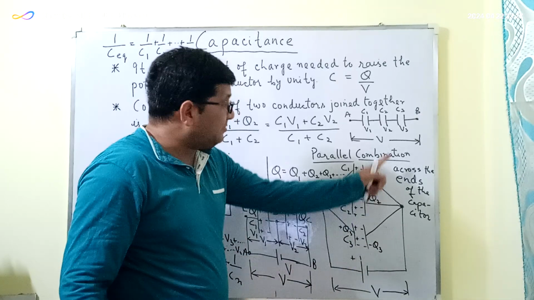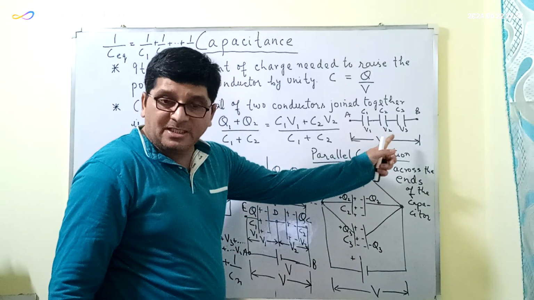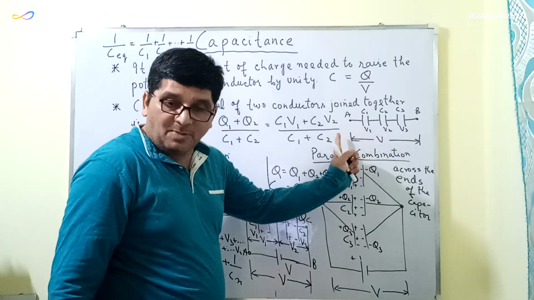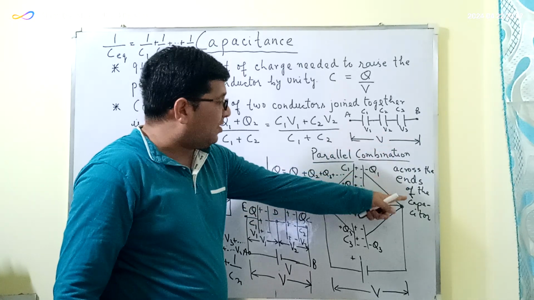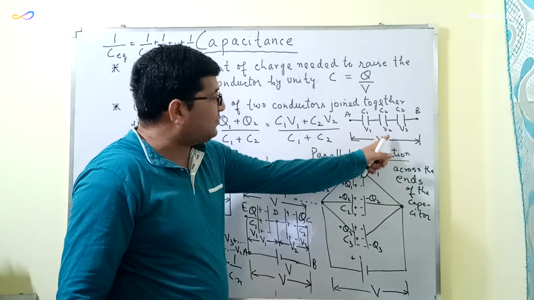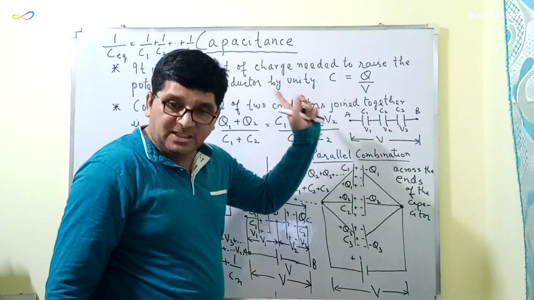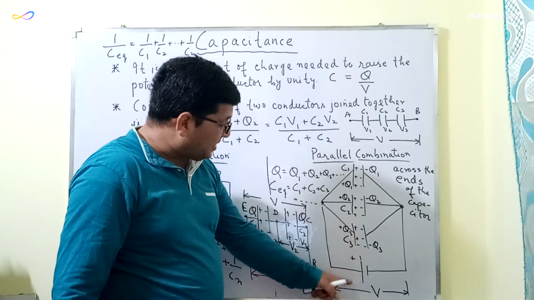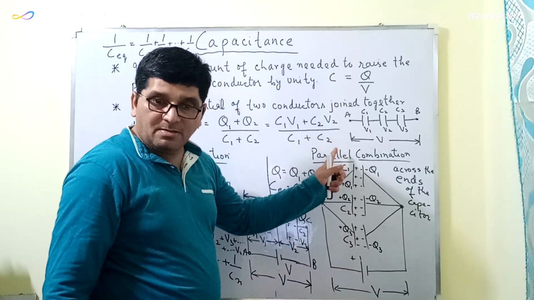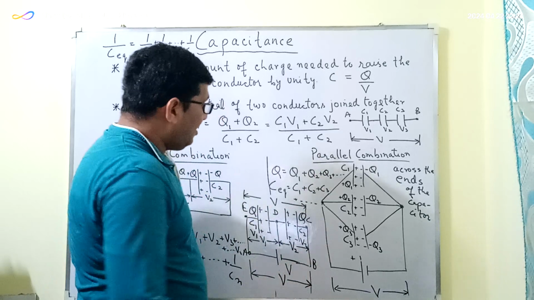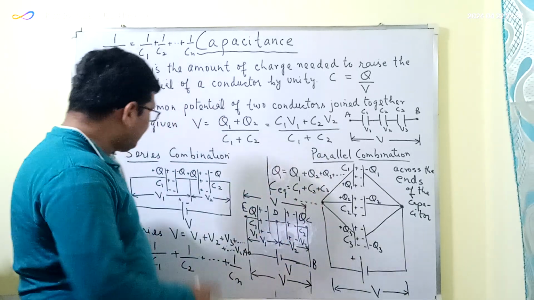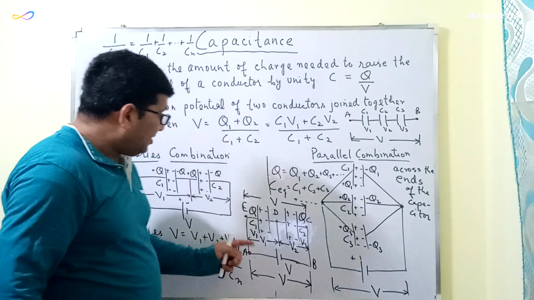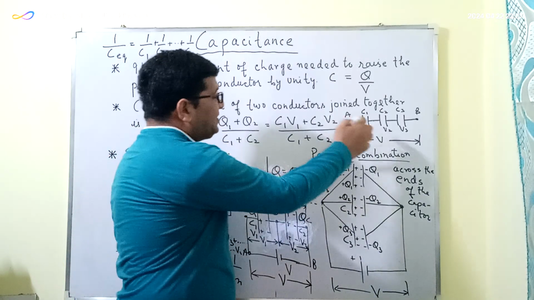पैरेलल में, सीरीज में क्या हुआ था? सीरीज में एड अप हो गया था. The potential difference across the ends of the capacitor was equal to V1 plus V2 plus V3 in the series. In the parallel में क्या है? The तीनों के across जो potential difference है वो same है. ठीक है? Now, in the case of the series circuit, the charge on each capacitor,